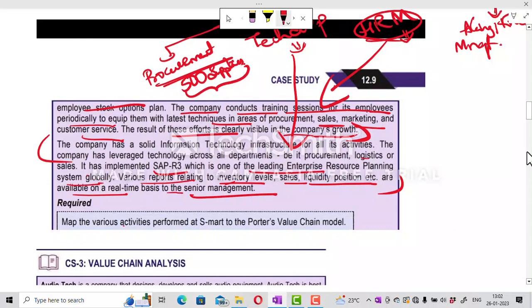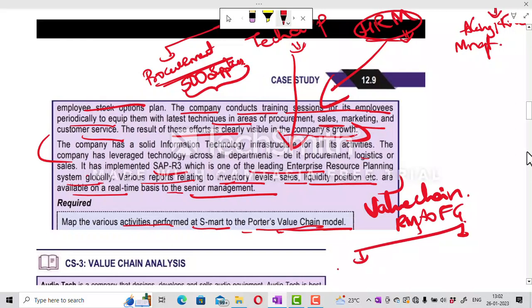Map the various activities performed at SMART to Porter's value chain model. See, you should not directly enter into the activities, first you should write about value chain. It covers all the activities from raw material to finished goods. Okay, and what are